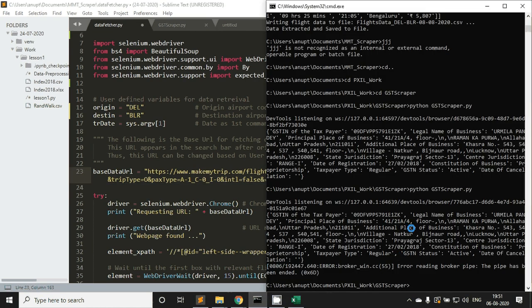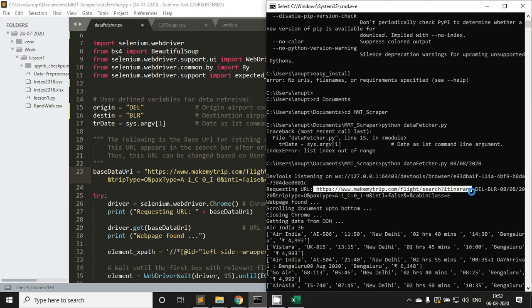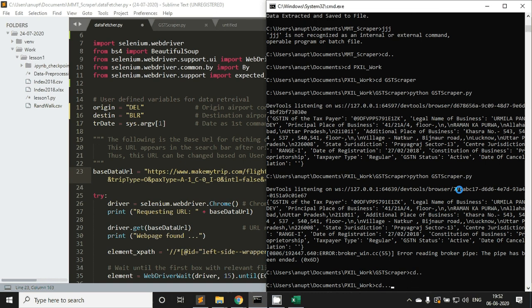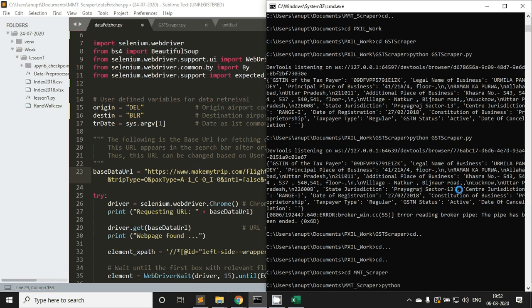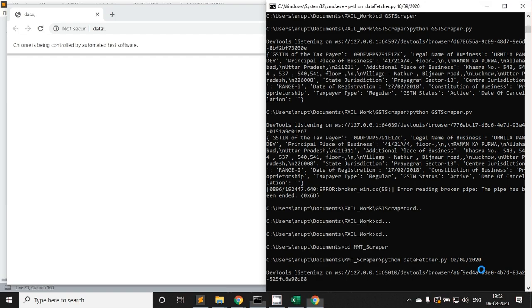If I now put, okay, we will have to go back to that folder first. So let's quickly go there. So if I put now 10th of August, you will see 10/9 also. You will see that it is now fetching that link. Okay. So this is how simply I defined this variable, and then I started those interactions which are required.